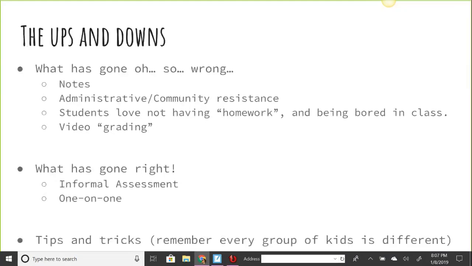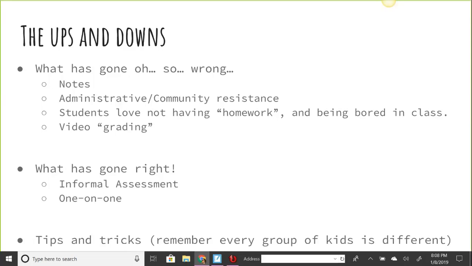All right, so just real quick, the ups and downs, because I'm not going to sit here and say that it goes perfect all of the time, because it doesn't. What has gone wrong? Well, what I've learned through this procedure is students really don't know how to take notes. It's a struggle. So what I have done in my own classroom is with my younger students, my Algebra 2, they do guided notes. My pre-calculus, I take away a little bit of the guided notes, and they're responsible for more of the note taking on their own. And then calculus, this is a college class, you're on your own taking your notes. So it really allows them to grow in their note-taking skills as they move up through grade levels.